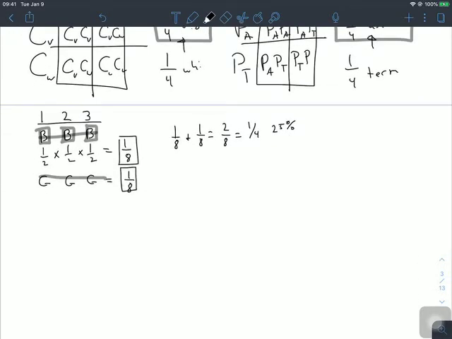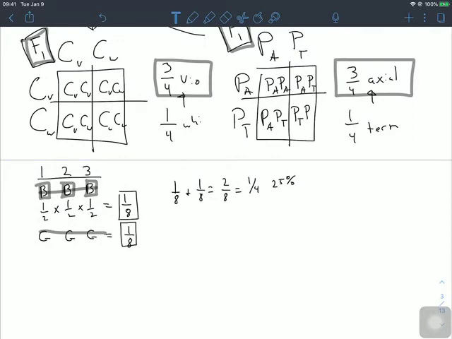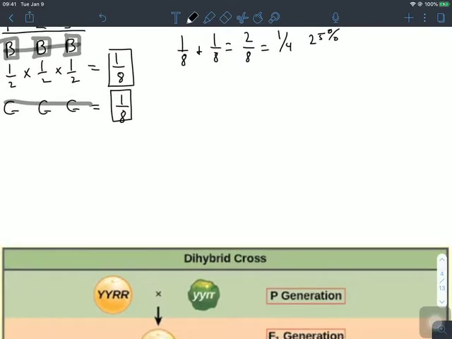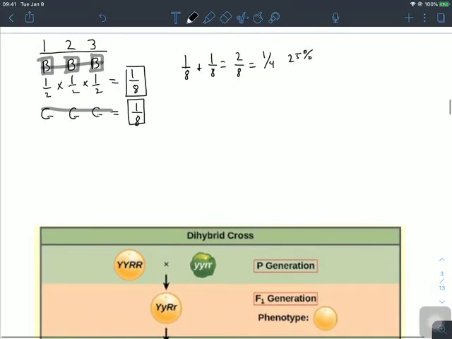Moving on from there, we will tackle the dihybrid cross. First I'm going to show you how this works in a model from the book, and then afterwards I'll draw an example of this out on our own. So in a dihybrid cross,